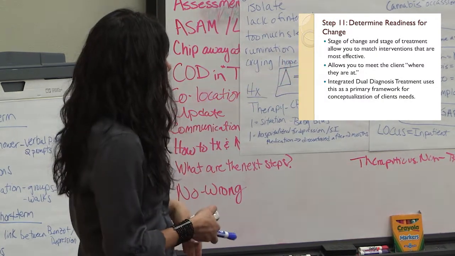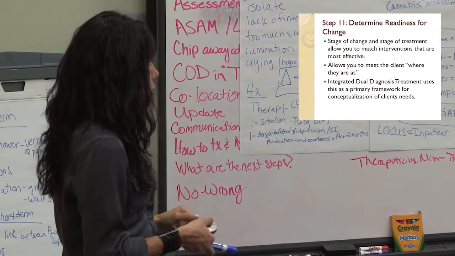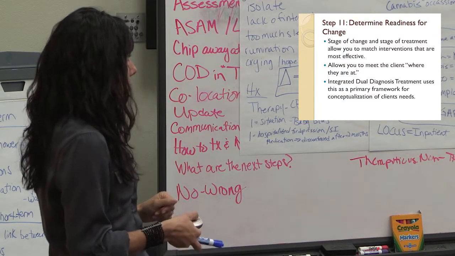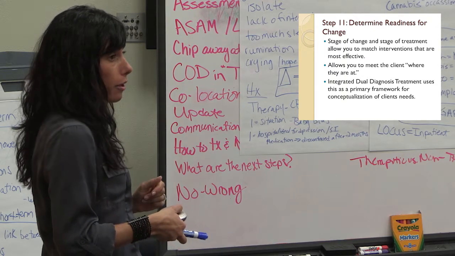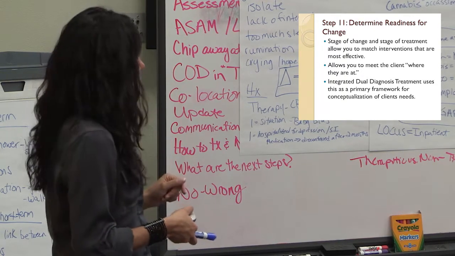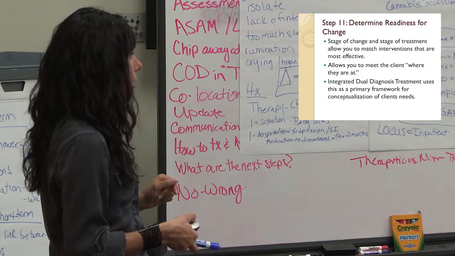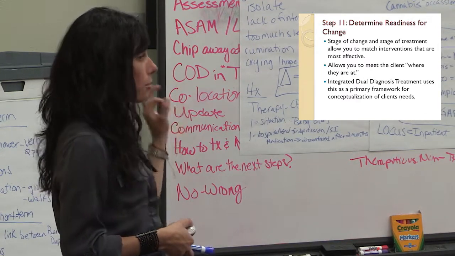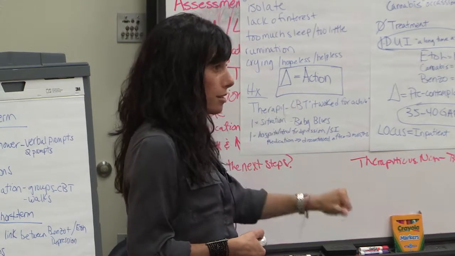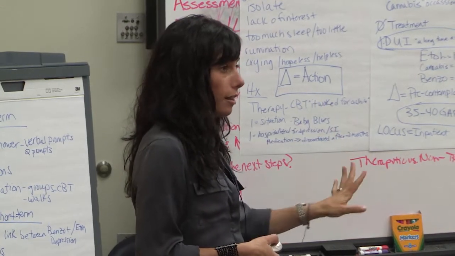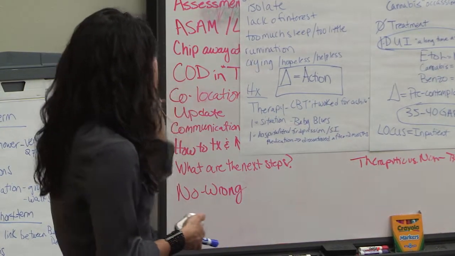Integrated dual diagnosis treatment, I would highly encourage everyone. There's going to be a training on this, so if you can tune into the webinar when we roll it out, this is a great way to actually provide co-occurring disorder treatment for individuals with severe and persistent mental illness, and it can be used in residential facilities and inpatient units and the like. It's a great framework